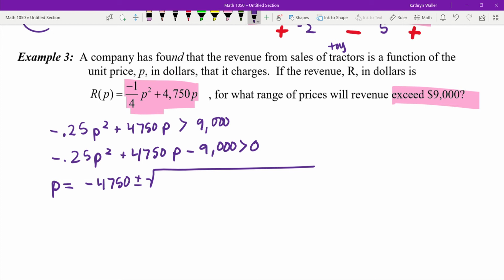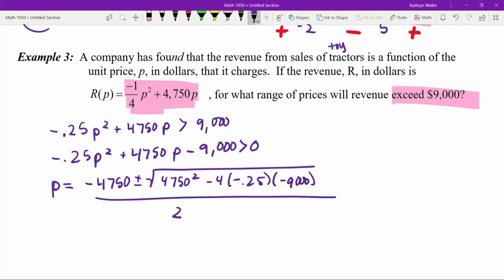And the reason it messes you up is if it's a negative, and it's not. So we're going to go 4,750 squared. I don't want you to do that very often, okay? Minus 4 times A, which is negative 0.25, times C, which is negative 9,000, all over 2 times negative 0.25,